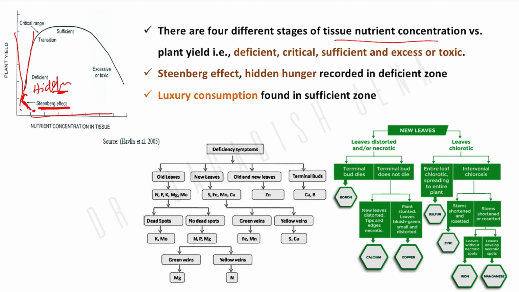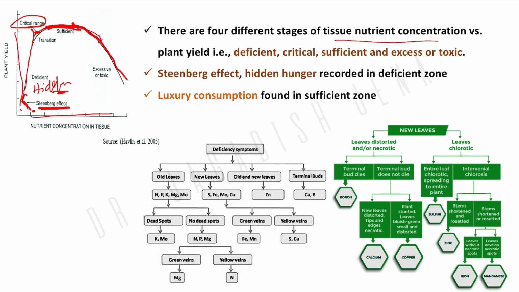Then there is a transition zone, and the critical range stands there. Then there is the sufficient zone of plant nutrient concentration. Then there is excessive or toxic. If nutrient concentration in the plant system goes beyond this transition zone, that is called the sufficient zone. If it goes beyond even the sufficient zone, then that is excessive or toxic for the plant